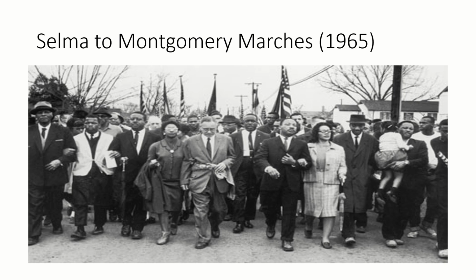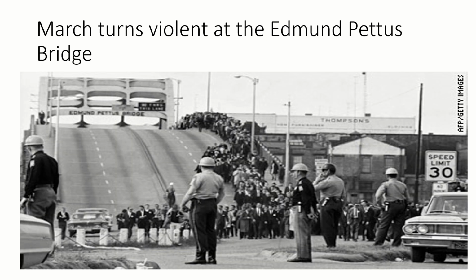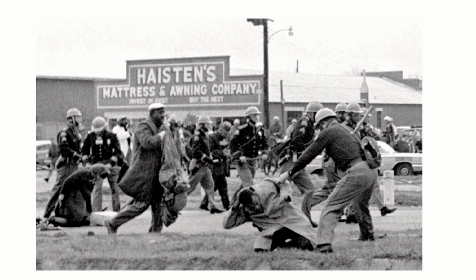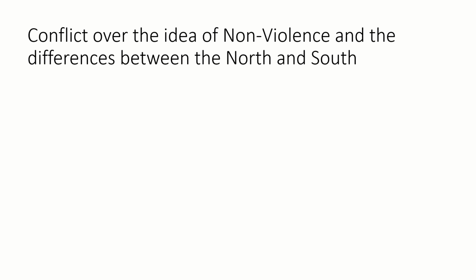But even with the Civil Rights Act of 1964, changing the realities on the ground would be much more difficult. And so nonviolent marches in order to try to integrate cities, march for housing and jobs are going to continue, oftentimes still resulting in violence. And so the Selma to Montgomery march at the Edmund Pettus Bridge is going to turn violent, thus showing that even with some of these legal gains, the battle in America's streets is going to rage on. And it is precisely these battles that causes the major conflict of the civil rights movement.